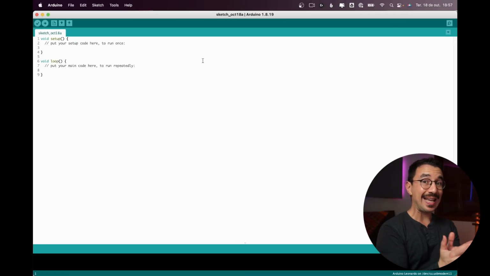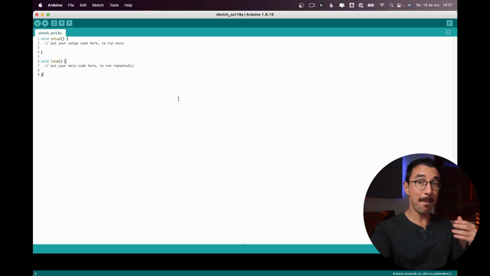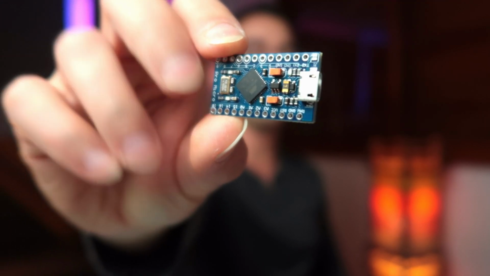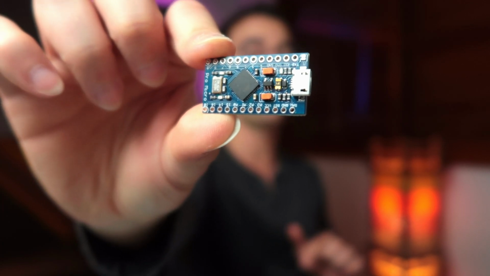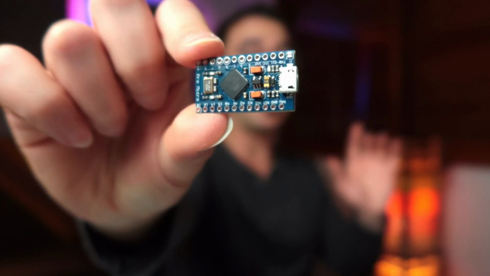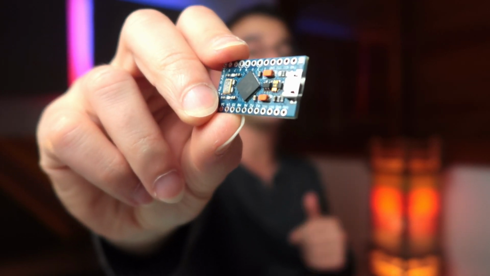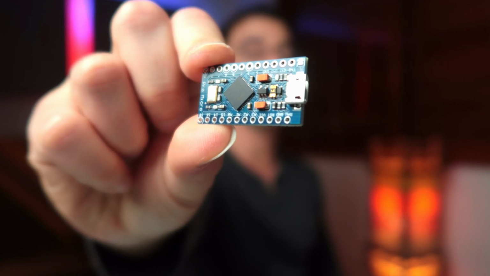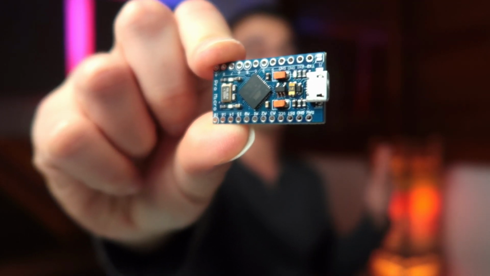So when you open an IDE, it looks like this, pretty much nothing. And here is where the magic happens. So before we start, make sure that you have an Arduino, right? For most of the classes, I'll be using the Arduino Pro Micro. Also in the DIY MIDI controller workshop, I show you exactly why I use this microcontroller or this Arduino, but it's because it can be MIDI class compliant. It also can be the Arduino Leonardo or the Arduino Micro.